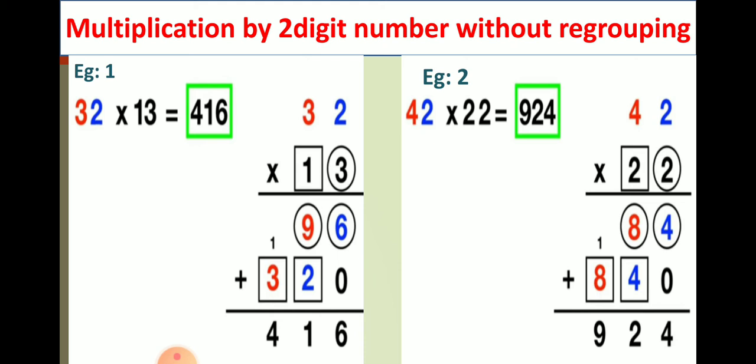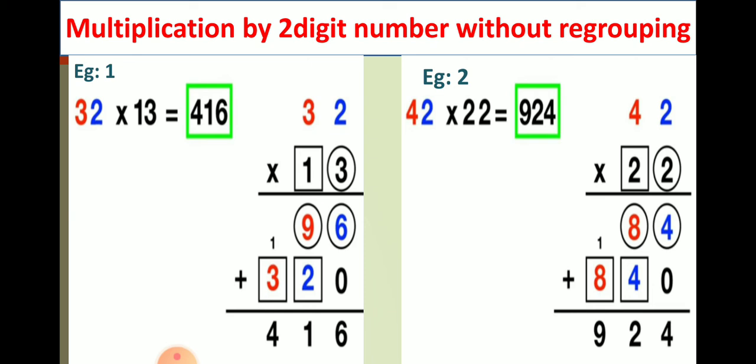Now we will put 0 below 6, and we will continue our multiplication, that is we will multiply 1 again by both 3 and 2. So 1 two is 2, 2 is written below 9, and 1 three is 3, 3 is written below. So now 6 plus 0 gives 6, 9 plus 2 gives 11, 1 is written down and 1 is carried forward. So 3 plus the carried 1 will give us 4.